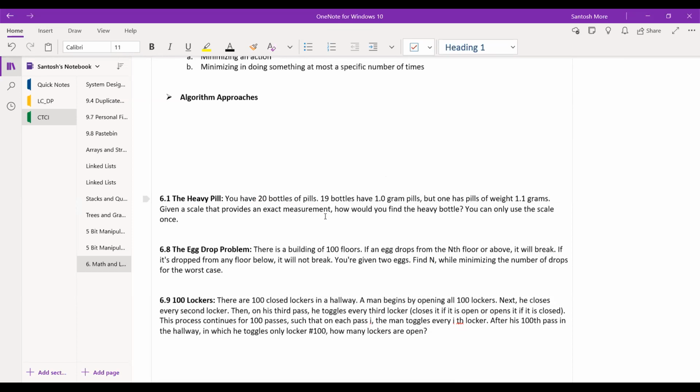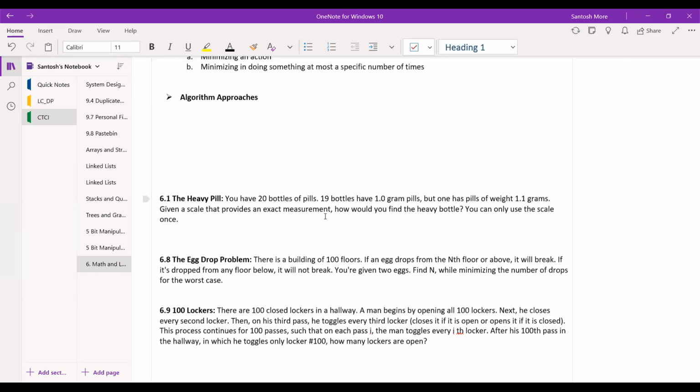And then what he says is, in this case, you are allowed to use the scale only once. So you number the bottles from 1 to 20, and from the first bottle you pick only one pill. From the second bottle you pick two pills. And the third,